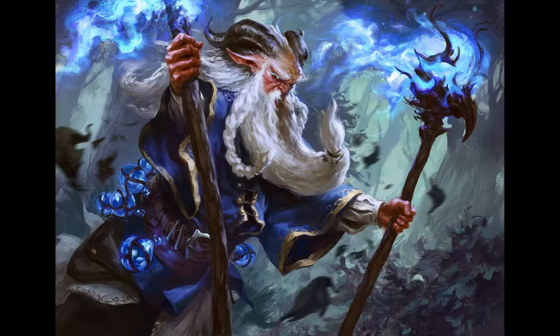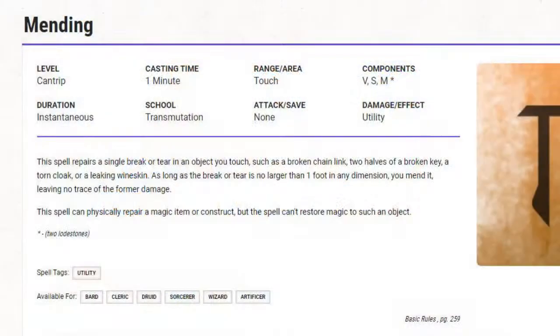And I would say the first one I would talk about is Mending. You could substitute one of the ones I've talked about for Mending, because how many spells can repair most mundane objects or items and also magic items? That's what Mending can do. It doesn't imbue a magic item with magic attributes, but if it's broken, you can repair it provided the damage is not too great. And often you will find that a lot of mundane objects can still be repaired with this spell. So that's why I put it on my list.